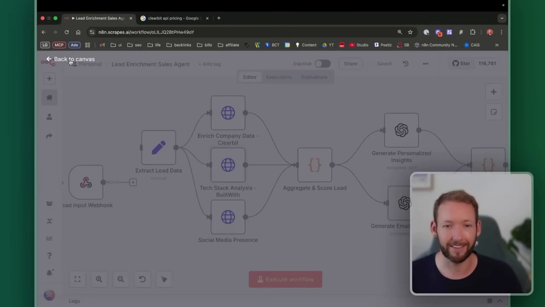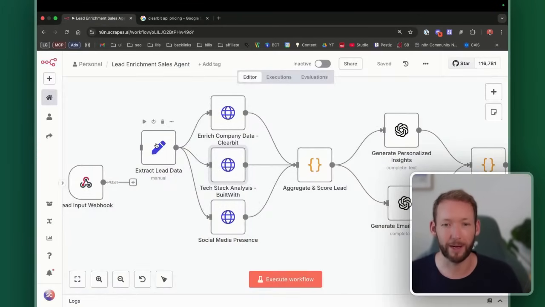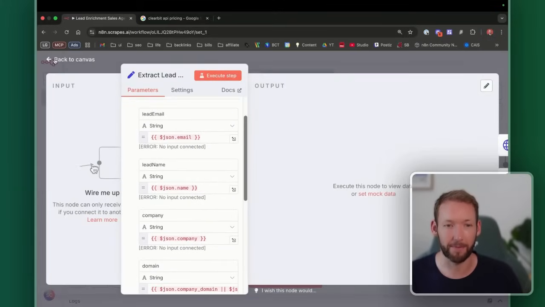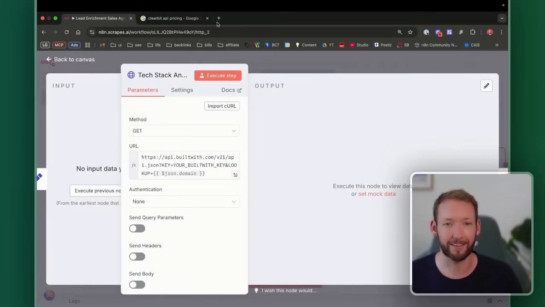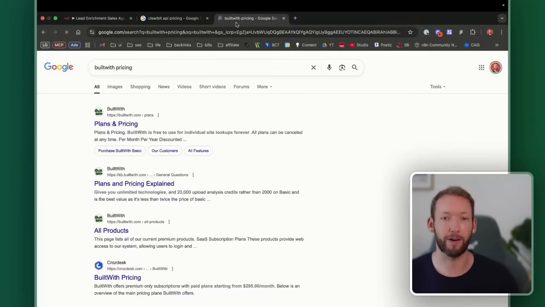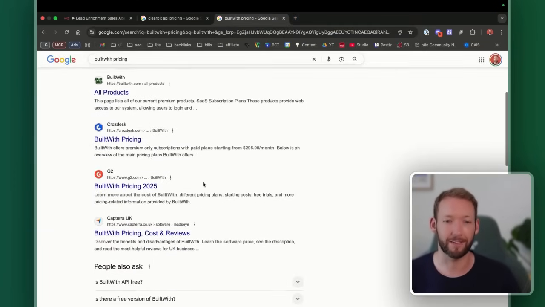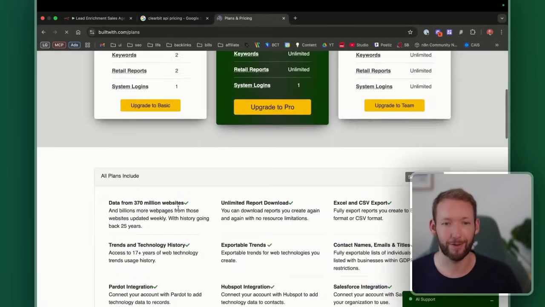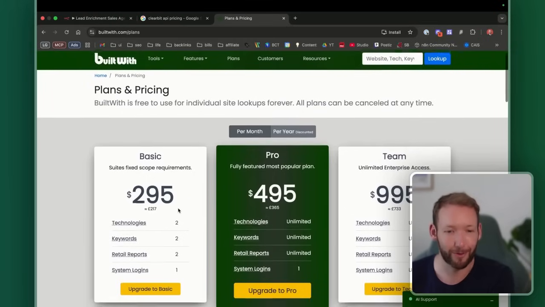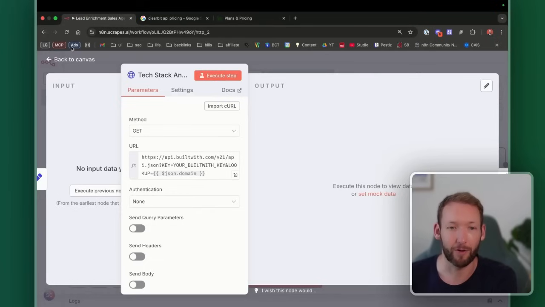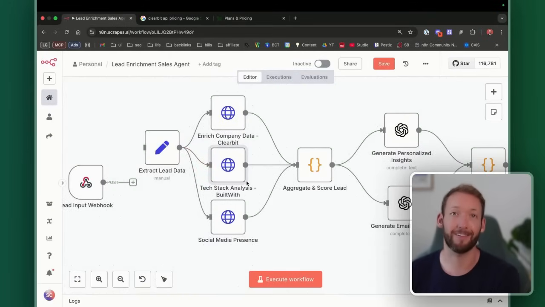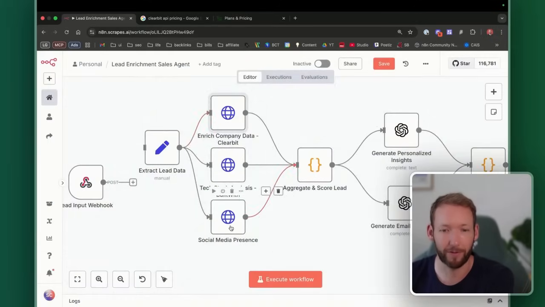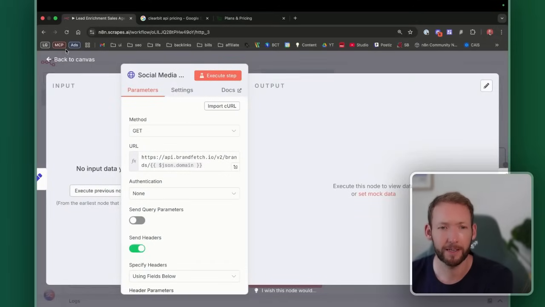A tech stack analysis with BuiltWith. So if we're importing a domain, which it seems like we are here, it's kind of domain, company, lead name, lead email. Then we get a tech stack analysis with BuiltWith. So if we are a tech company, for example, we would understand exactly what they are using, plans and pricing on BuiltWith. Again, we're not going to be able to do this. It's almost like it's picking out all tools that are too out of our budget, but it's got the right idea of analyze the tech stack to see what they're using, analyze the company information, and presumably it would output lots of information about the company,